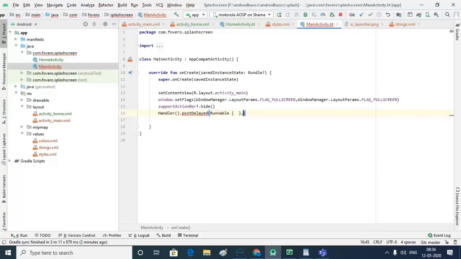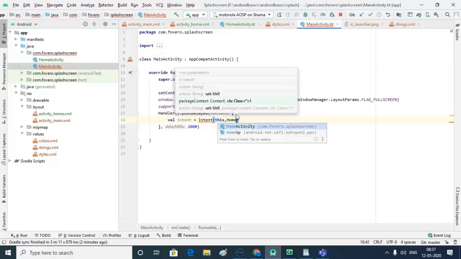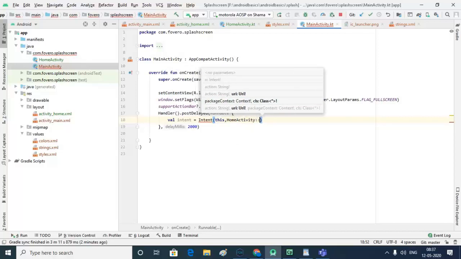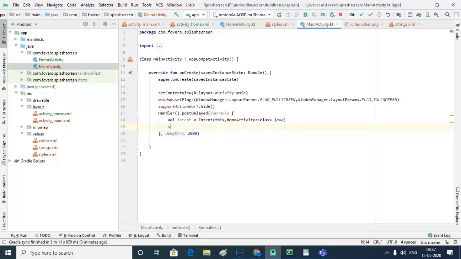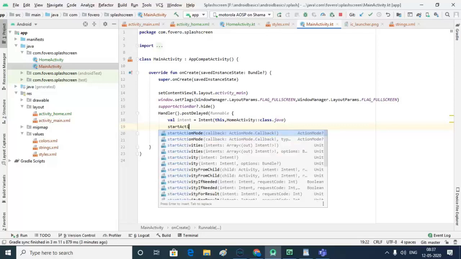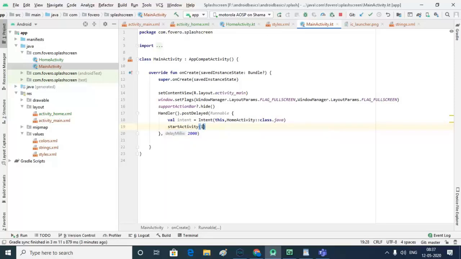Okay, and delay, let's say 2 seconds, and here we will write code to navigate from one activity to another. val intent is equal to Intent, from our current activity to HomeActivity class.java, and startActivity, pass the intent here.